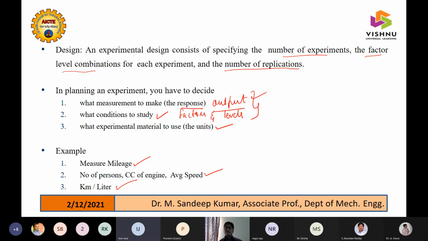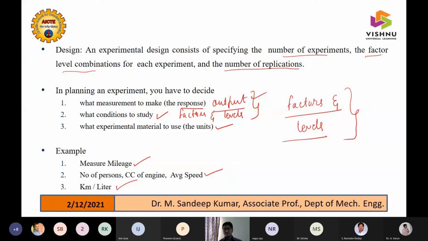But now, deciding two things, factors and levels, are the two things that are majorly important when you want to do experimentation. Most researchers don't concentrate on the factors and levels which are actually affecting the process.